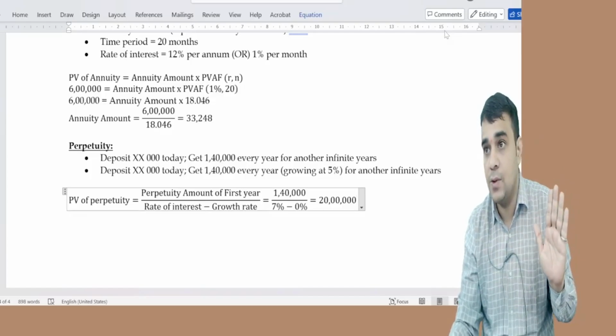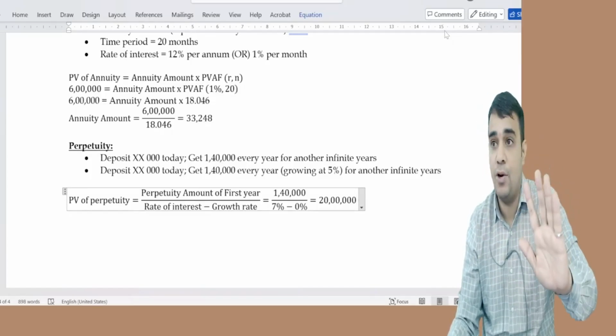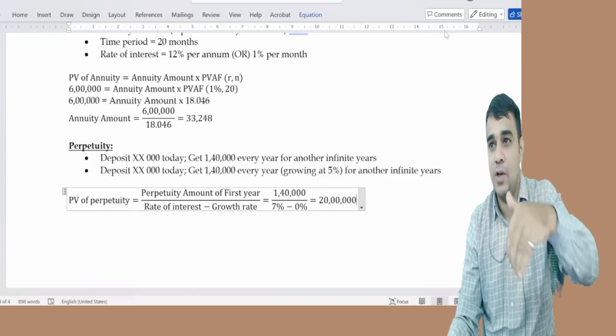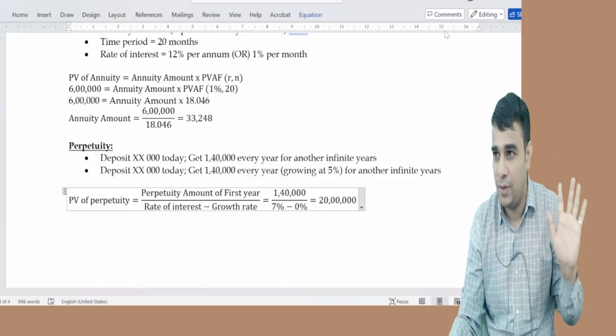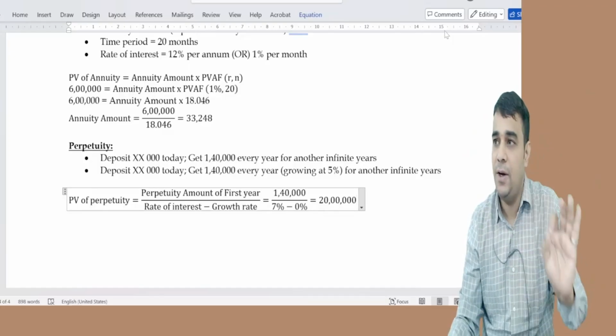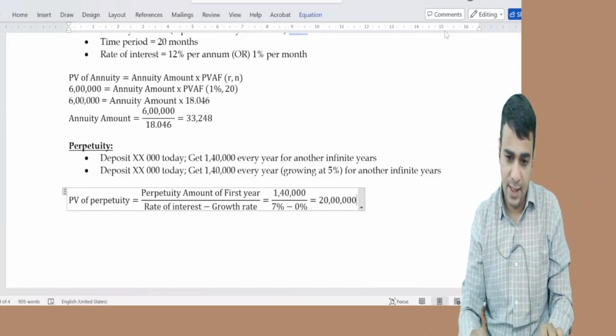There is a derivation also, but I don't want to get into it because mathematically you'll have to do n plus 1 something like that. I don't need all of that. The simple thing is rate of interest minus the growth rate. Wait. Second one,